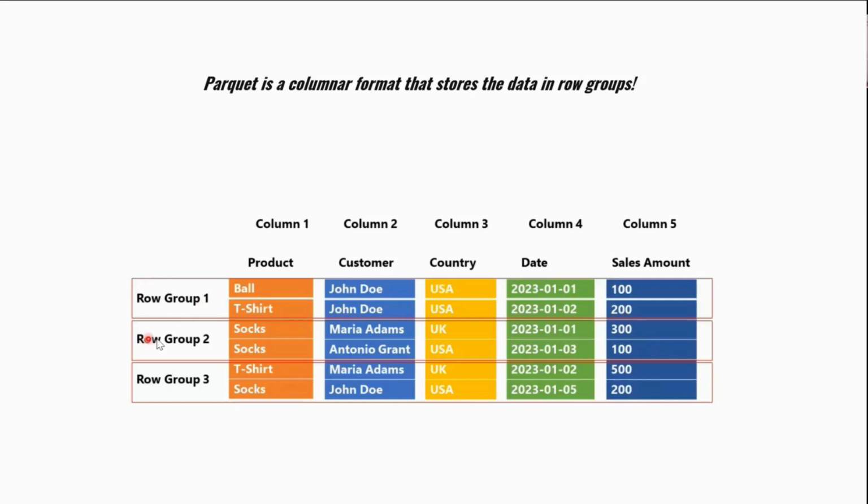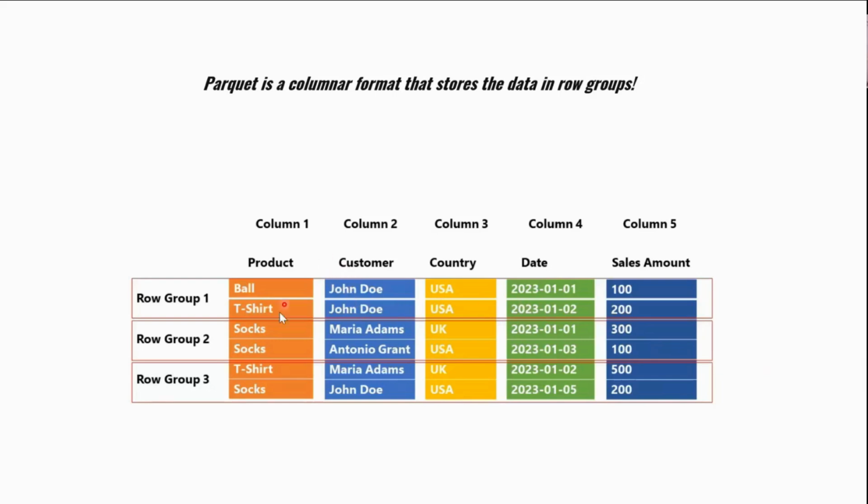So corresponding to row group 1, it would have a metadata of distinct products, distinct customers, distinct country. So corresponding to every row group, there would be some metadata, the minimum and maximum value, the distinct